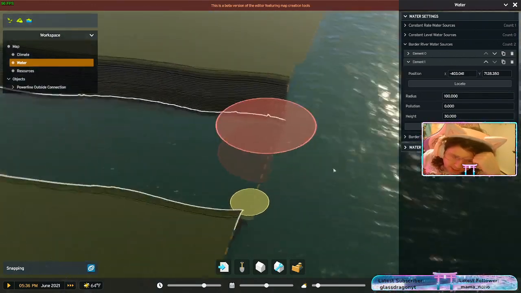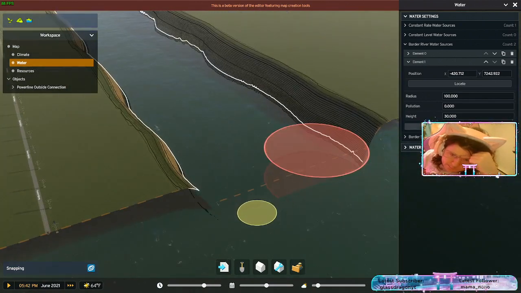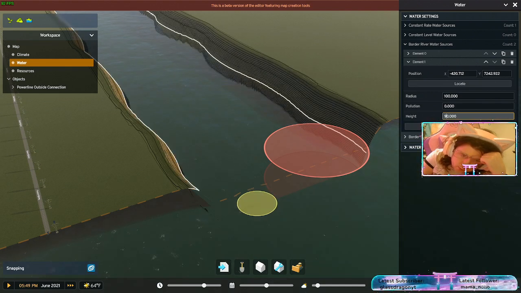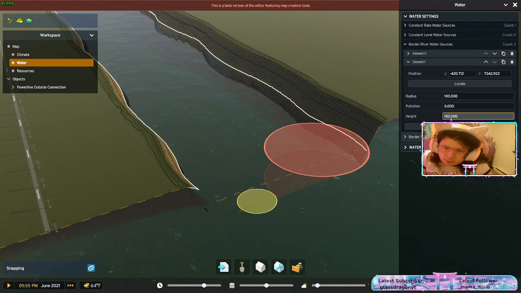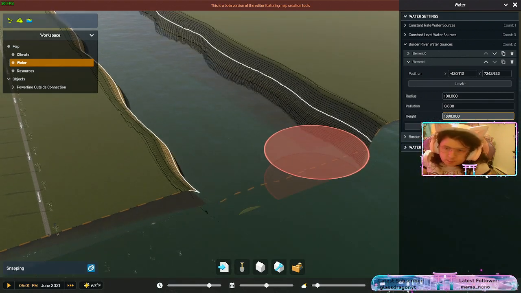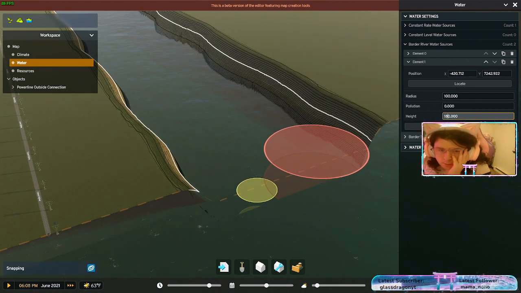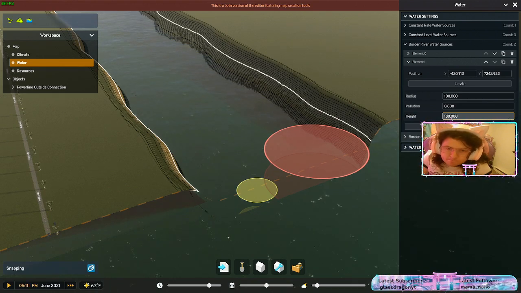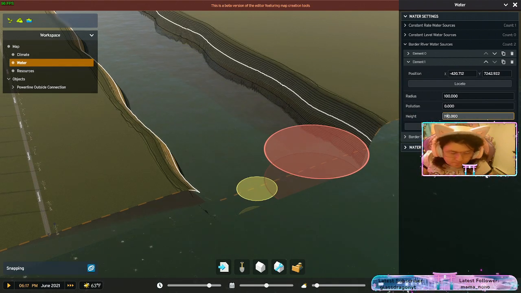But to add that down here at the other end, and we're going to increase this one to 100, 150 to 189. No, let's just go with 190 to 50